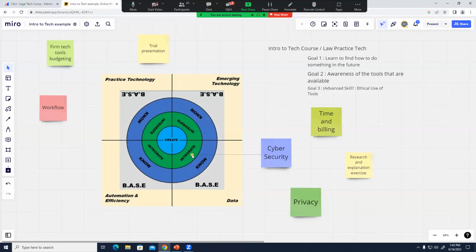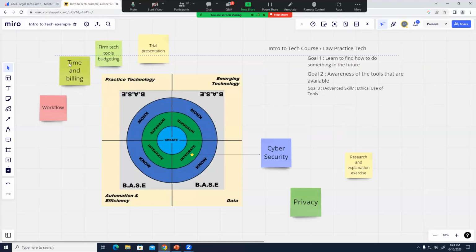So then when you map all of your courses on the rubric, or you map all the lessons you have on the framework, you'll be able to see that you have integrate-level cybersecurity, and how everything lines up. It'll better show you how everything in your course squares against everything else, and it will better allow you to make those sorts of decisions. And I guess we can continue and see how this is all going to work out. But time and billing,